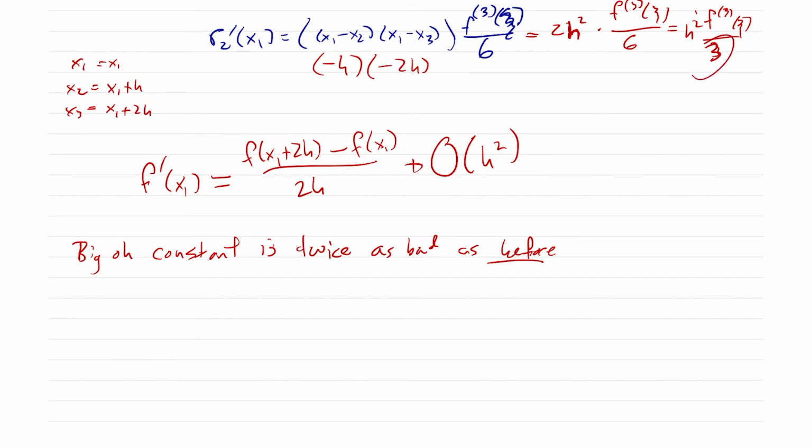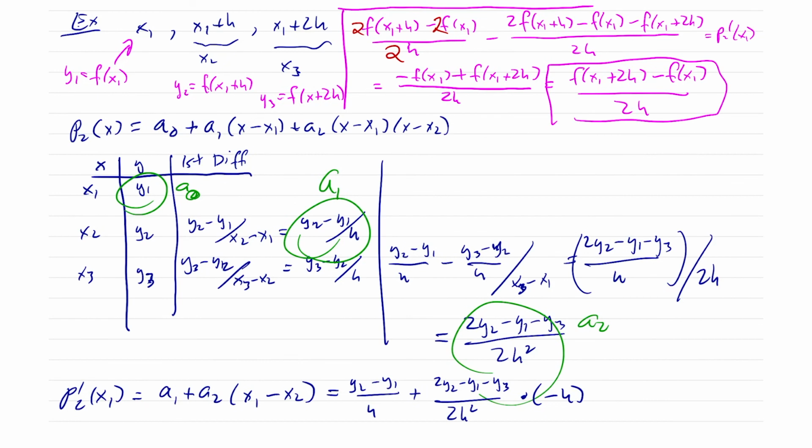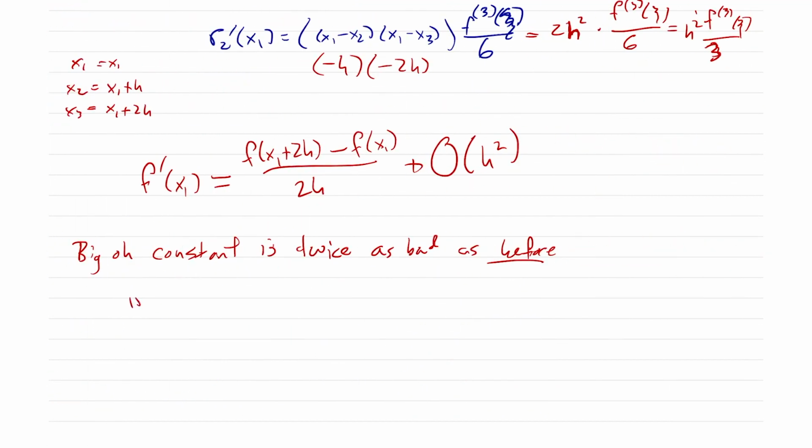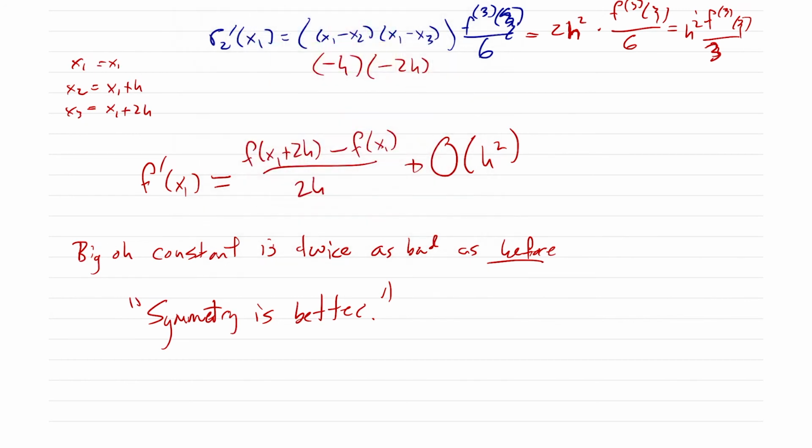Because we see that we have a 3 here instead of the 6 here. So the takeaway is that the symmetry is better. Because if we go back to that last graph, that figure we had before,